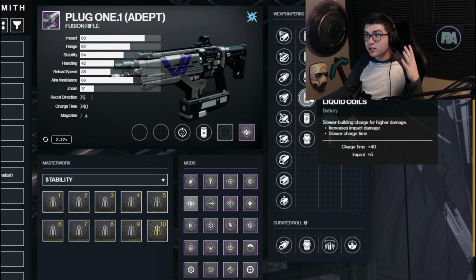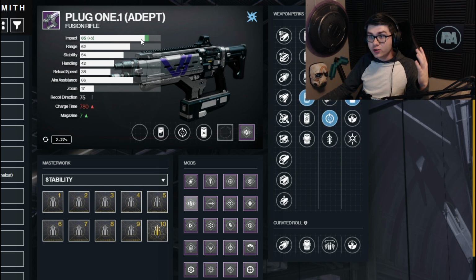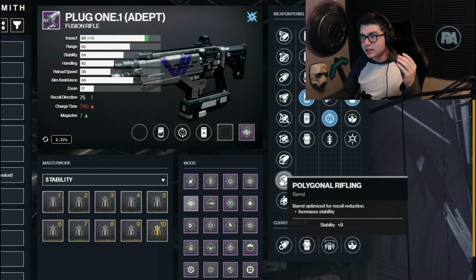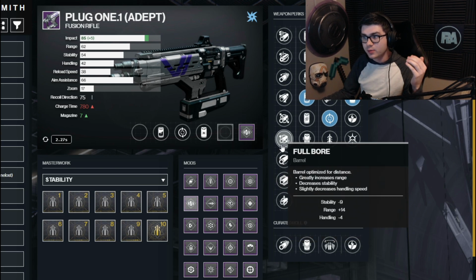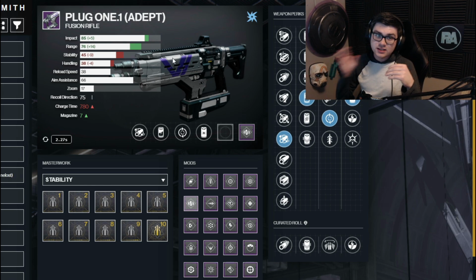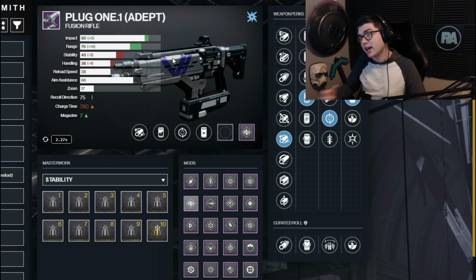Now to make this even better, you can take things like liquid coils to further increase the impact again, to make sure you secure these kills to get that Reservoir Burst pot, so you can get the Feed and Frenzy to get that Reservoir Burst back up. And then obviously for barrels, going with range or stability is going to be probably your best option. So if you go something like full bore, you're going to have even more range to be able to snipe targets from further away to compete with things like salvage or salvo and chain reaction, which the Null Composure just